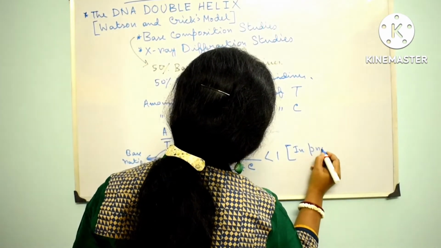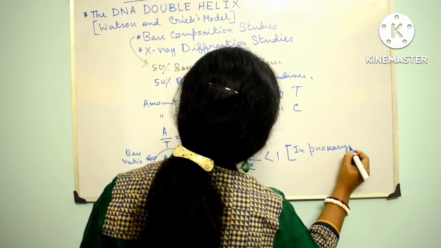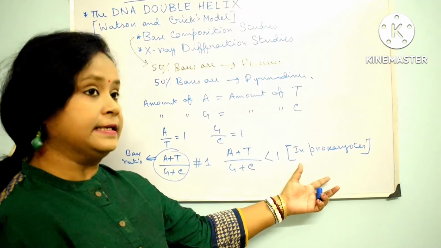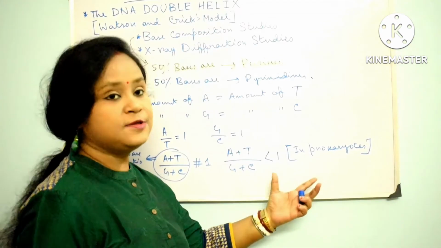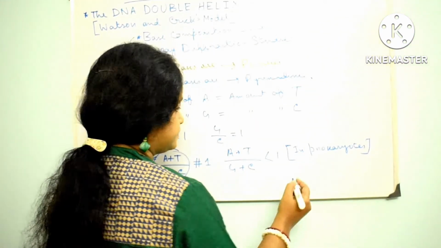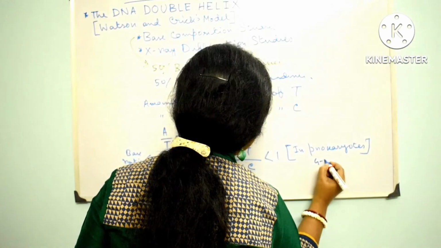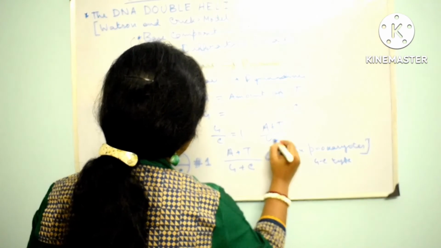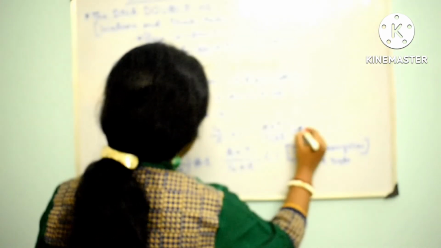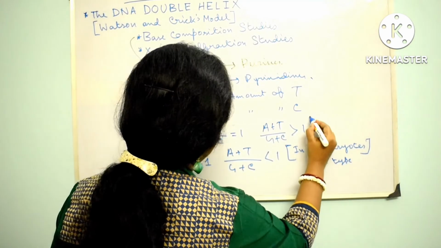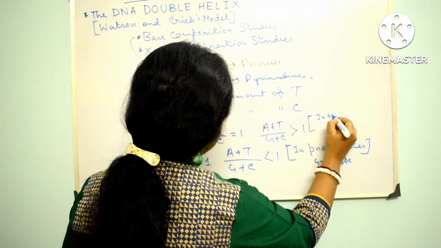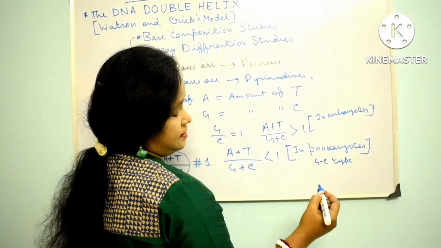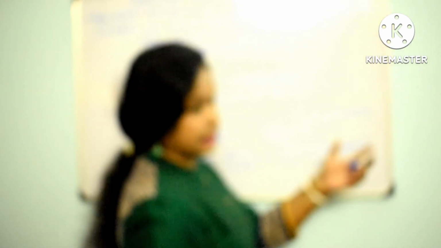in the case of prokaryotes, as the DNA of prokaryotes is GC type. This ratio is greater than 1 in the case of eukaryotes. As we know, the DNA of